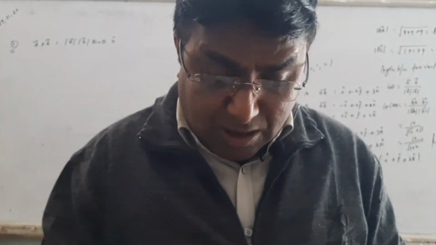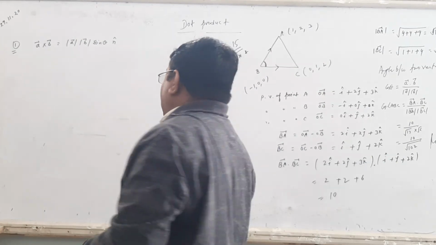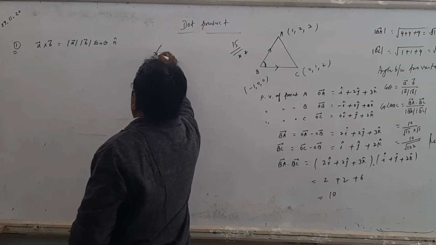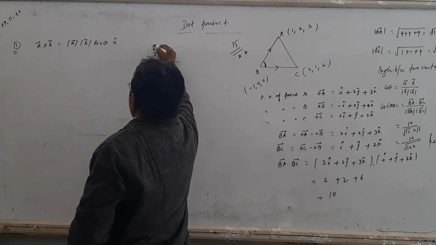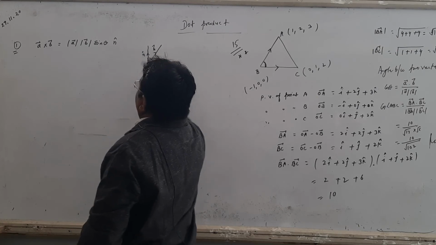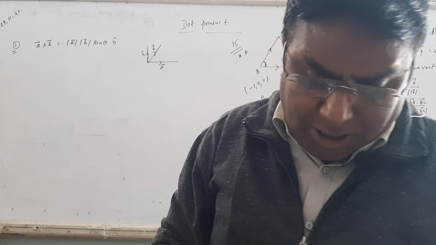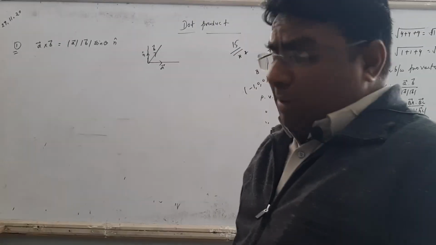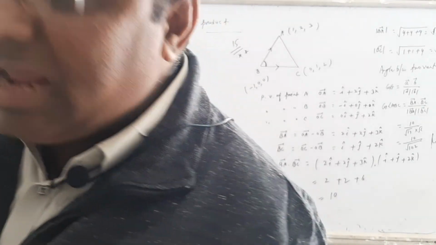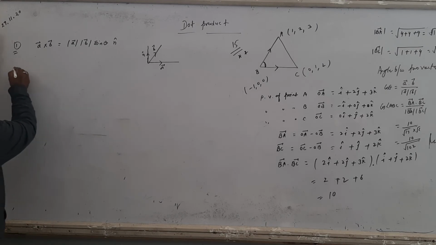There are three axes, but it depends on direction: vector A is given, vector B is given, and theta is the angle between the two vectors. This is vector A, this is vector B, right. But there is another direction, this is the unit vector n cap. It depends on direction, right. So what is A cross B? A cross B is magnitude of A, magnitude of B, sin theta n cap, where n cap is a unit vector. That means its magnitude is 1.